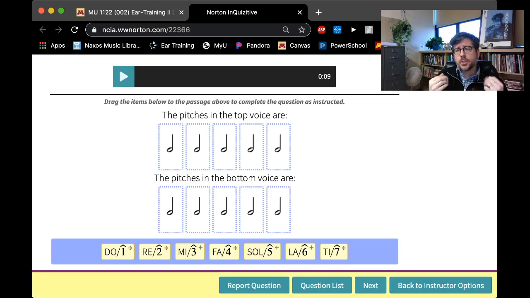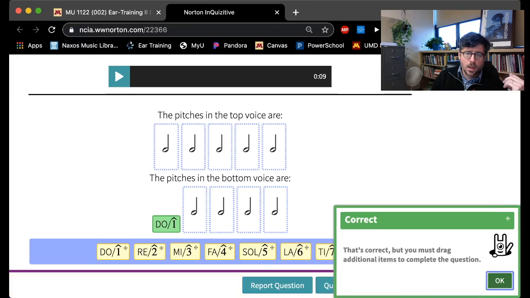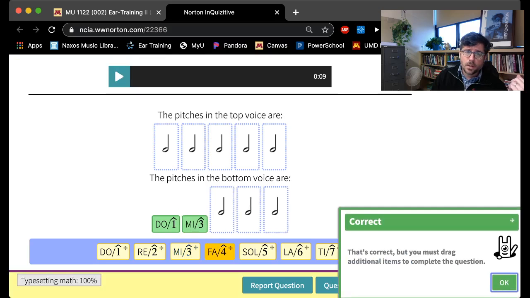So the next question is, where in the scale are all of these notes? Well, taking that bottom line, the first question is, do I hear do anywhere? And I think I strongly hear do in the first note. I don't hear do in the last note. I hear it skip, do up to mi. Do, mi, fa, sol,